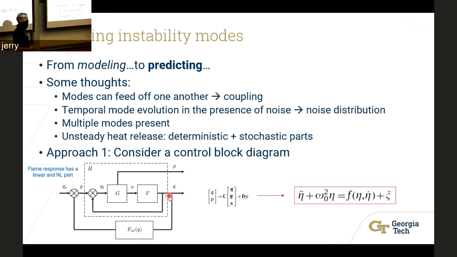It's worth noting also that when you start predicting modes, you want to be able to capture effects like modes feeding off of each other. You also want to capture the fact that you're going to have unsteady heat release rate. And if you truly want to model a realistic process, you can pull from distributions. And then you need to start using some stochastic mechanics to solve basically the instability modes based off an unsteady heat release. And so it seems very complicated, but there are really 2 main approaches that we've considered so far in the group I've been in.